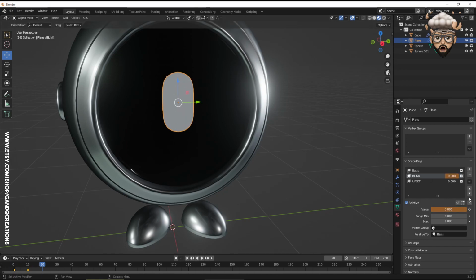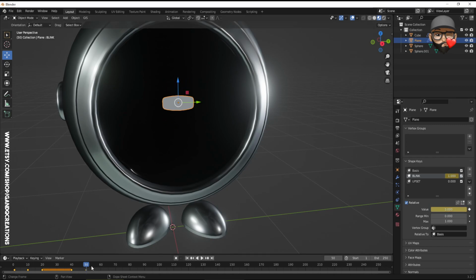So every 10 frames, and then it's just gonna blink and blink. Okay, set key. And then maybe it blinks here at 40 again. Set a key, so at 50. And then we go to 60. There you go. And you get the idea. So you can animate this however you want. And then let's say